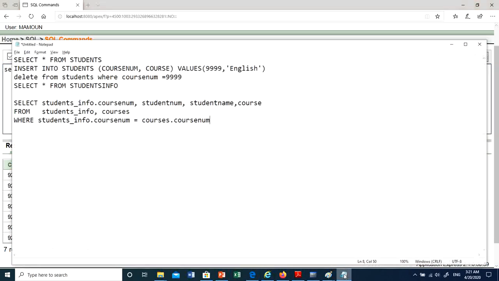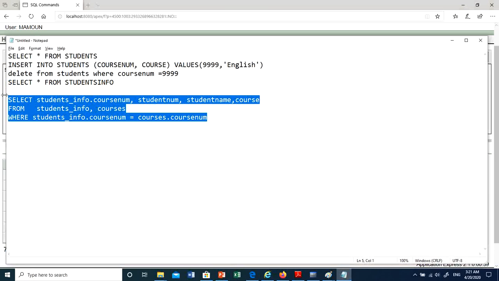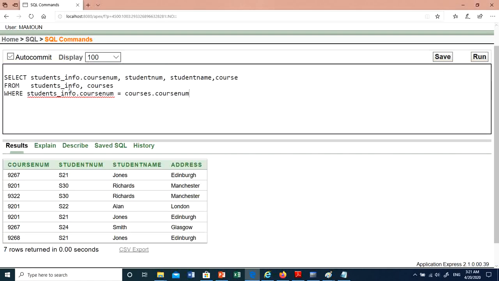So you have to write a select statement similar to this one here. Like I can select student info dot course number, student number, student name and course. From what? From the 2 tables, student info and courses. How do I link them together? I link them together through this foreign key primary key relationship, which is course number. So I can say student info dot course number equals courses dot course number,